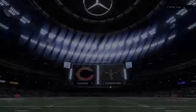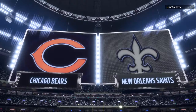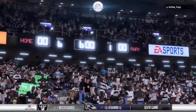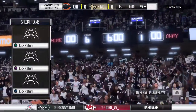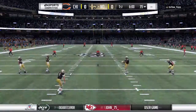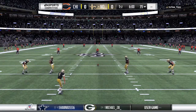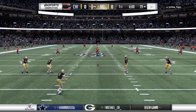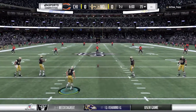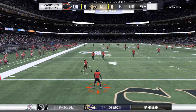We're on to the divisional round now, 2 steps away from playing on the biggest stage in sports. It's the Bears going up against the Saints. From a city that's played host to 10 Super Bowls, here's a look inside the Mercedes-Benz Superdome in New Orleans. Coming up, an important divisional round matchup in the NFC between the Chicago Bears and the New Orleans Saints. One of 2 spots in the NFC title game awaits the winner here